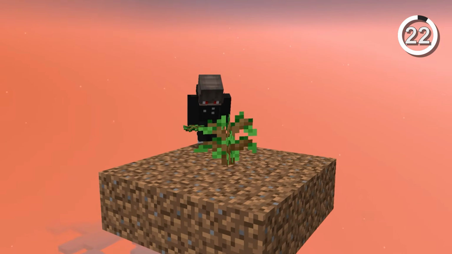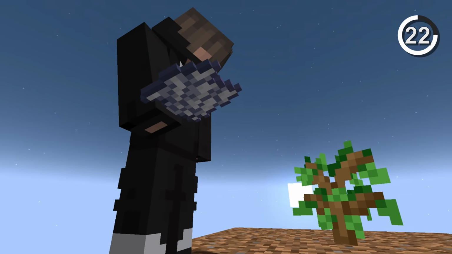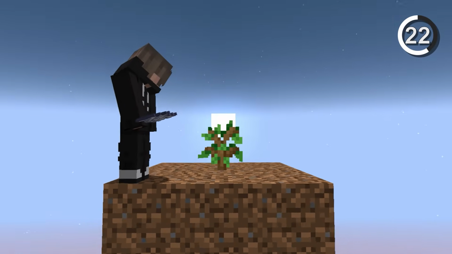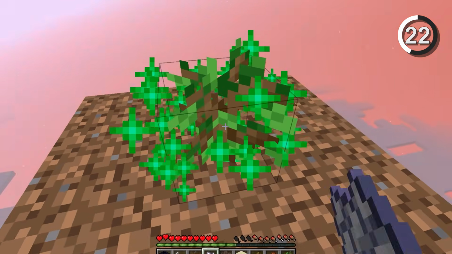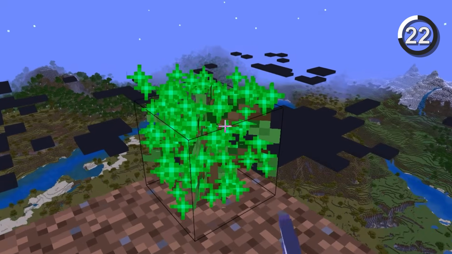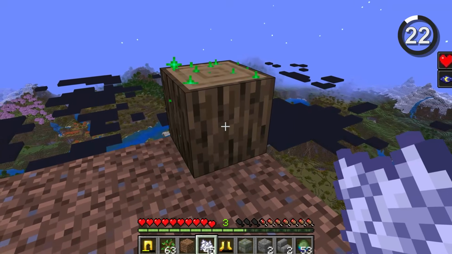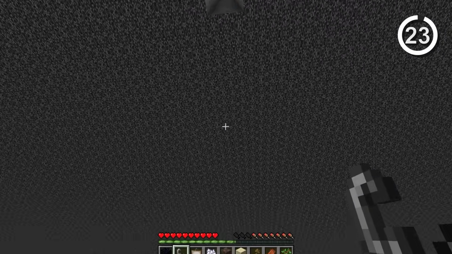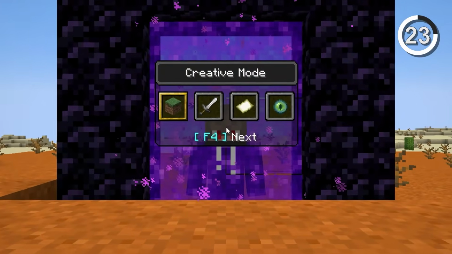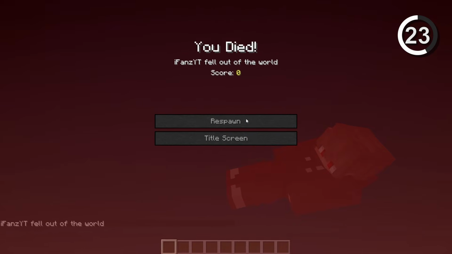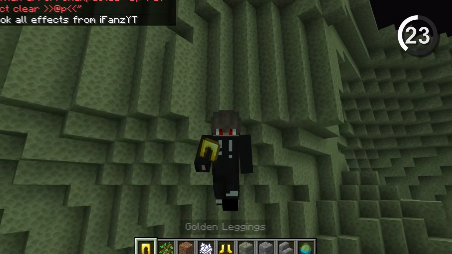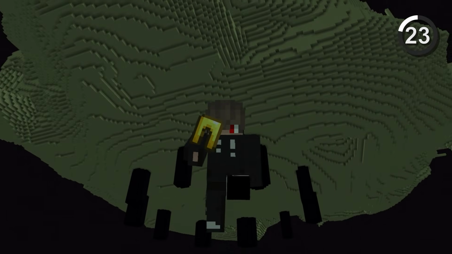Don't put a sapling above the build limit, because if you try using bone meal on a sapling above the build limit in Java, it simply won't grow. But in Bedrock, the sapling transforms into a single block oak tree instead. Never fall into the void, because in Java, even in creative mode, falling into the void will kill you. But in Bedrock, if you fall into the void while in creative mode, you can walk on it freely